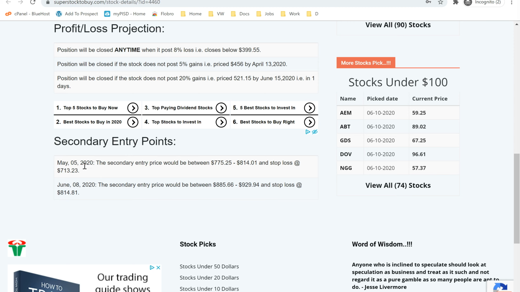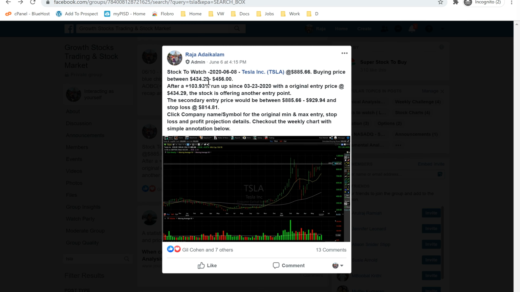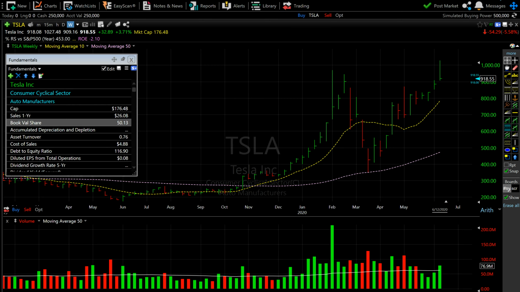So it offered an entry point on May 5th with the entry price between 775 and 814 with a stop loss of 713, and it again offered another entry point on June 8th. It is around $800.85 and 929 and the stop loss at 814. I also posted the alert on the day explaining about the secondary entry points on the day. So the maximum entry point was 929, but the stock is trading around